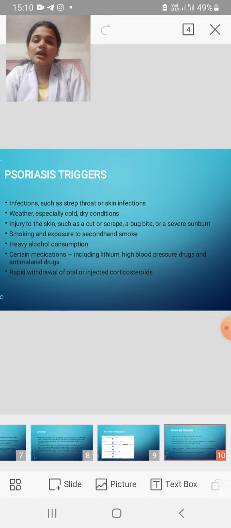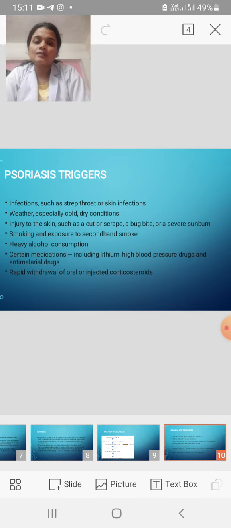Smoking and exposure to second-hand smoke, heavy alcohol consumption, certain medications including lithium, high blood pressure drugs and antimalarial drugs, and rapid withdrawal of oral or injected